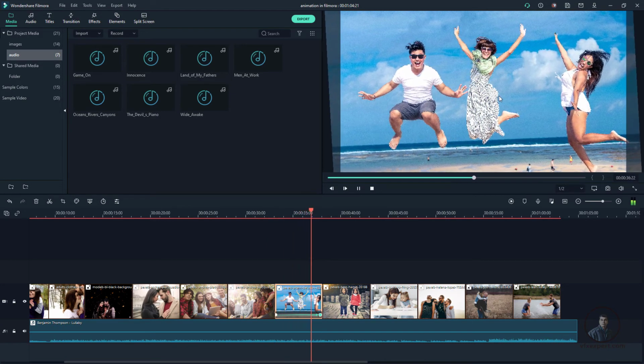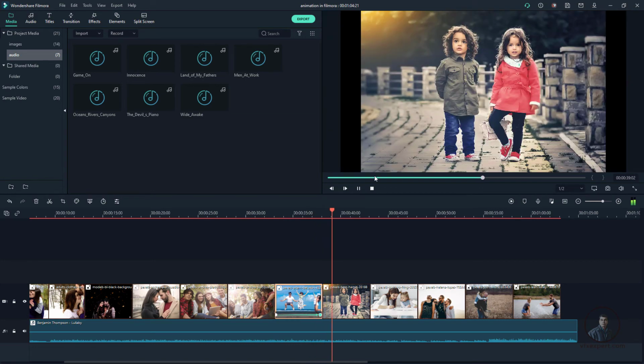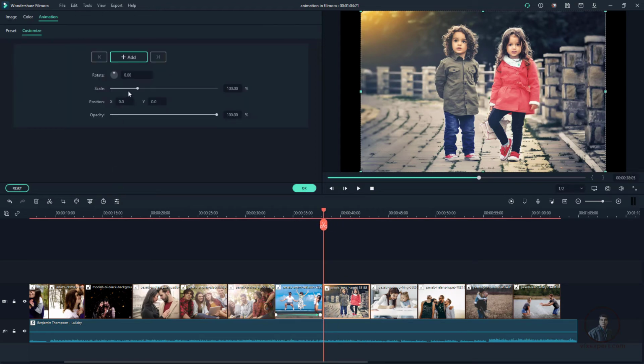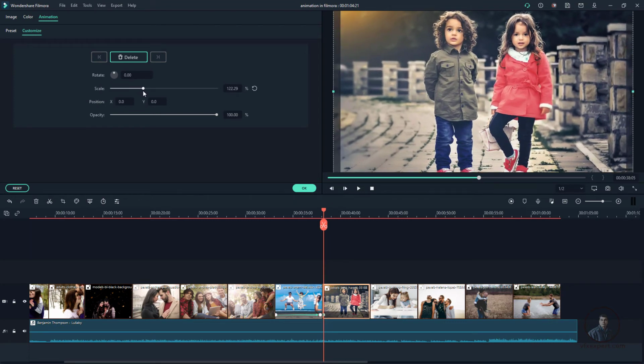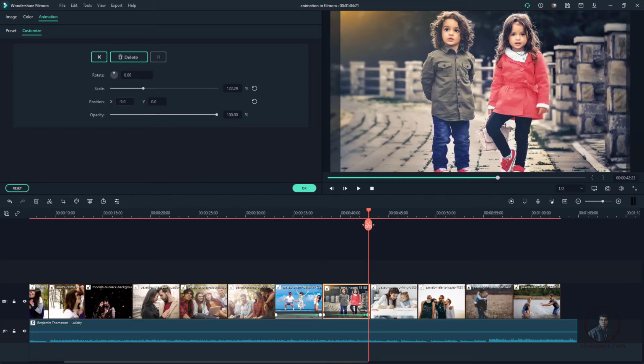So manually you can also animate, you can also pan and zoom, even you can also rotate with the help of manual animation. So here just a little bit I am going to animate. Again select, then click on edit option, add key first, then little bit zoom, because here it's showing black. Okay, so this is not important, that again you have to scale. Then little bit scale here, then go to last, then some position, maybe because I want to create pan effects.